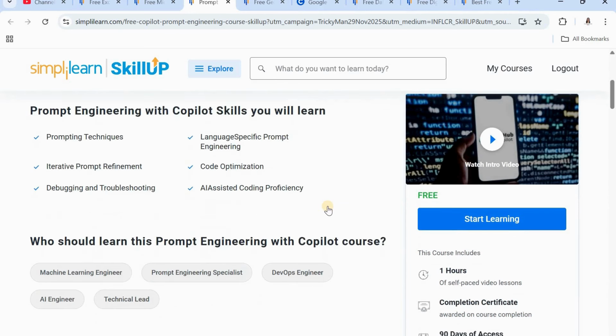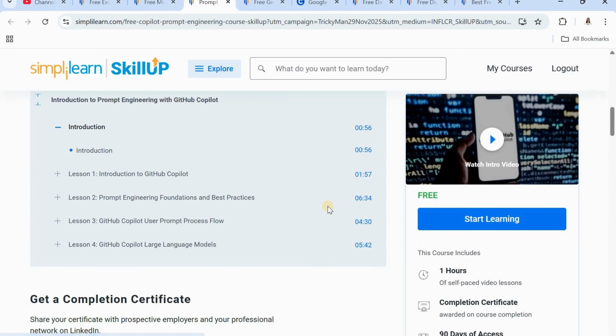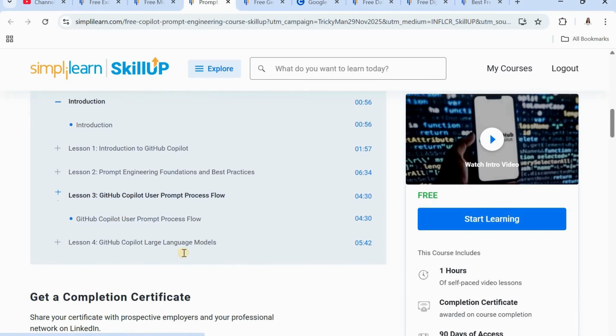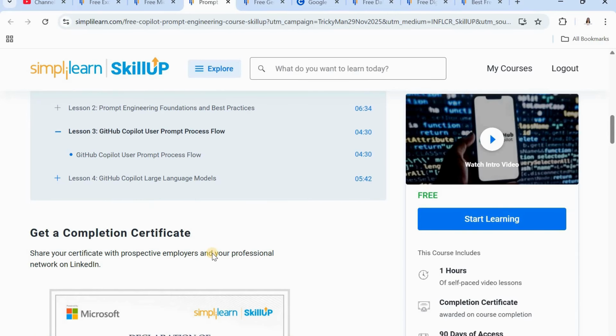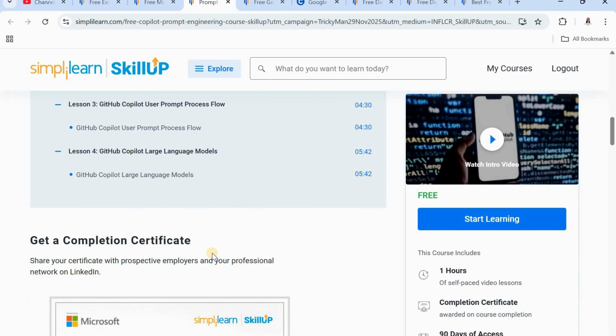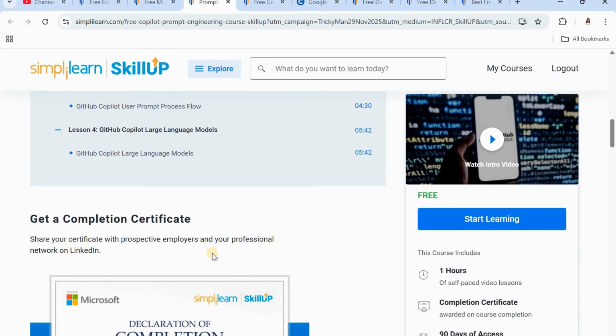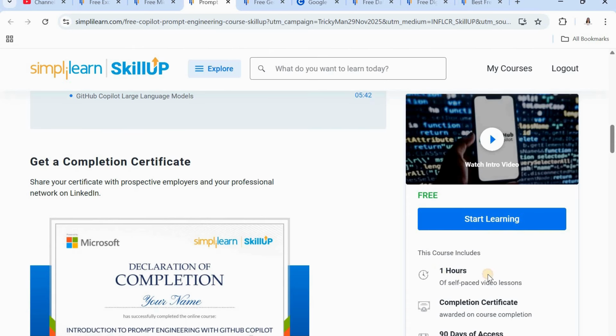So here you will learn about the introduction of GitHub Copilot. Then also you will learn about how prompt engineering works, then the basics or foundation of prompt engineering. You will also learn about the particular user prompt process flow, right? Then the GitHub Copilot large language model is there. So basically it helps you to write code faster and smarter, right? Here you will learn about all the basic and real world techniques. So this is a 1 hour